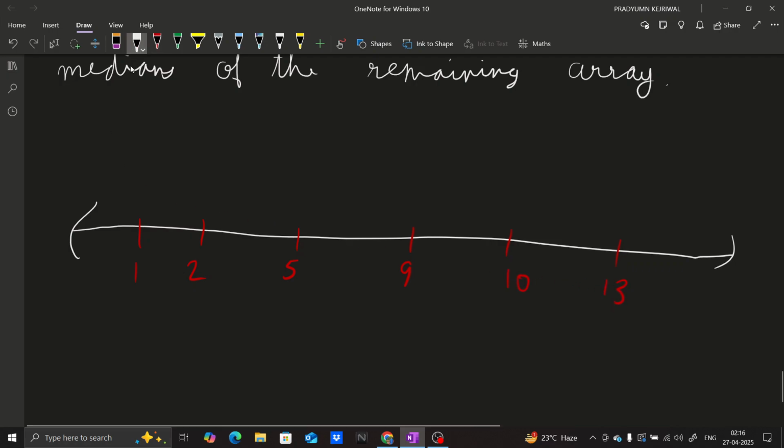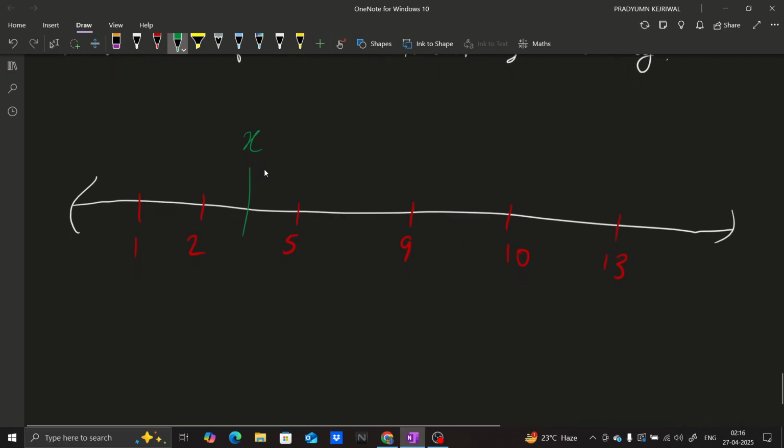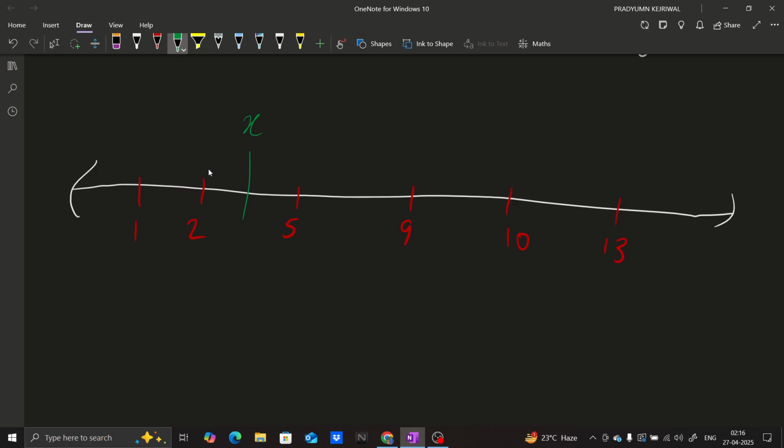Okay, so let's say there's an x here. Just assume that there's a point here and I want to buy this house. Like, I desperately want to buy this house. So I am asking you, is it possible to buy it? It is between 2 and 5, so it means it is either 3 or 4, right? So either 3 or 4 I want to buy. So can I buy it? Can 3 or 4 become the median? That is the question now. And we can delete at most two elements,